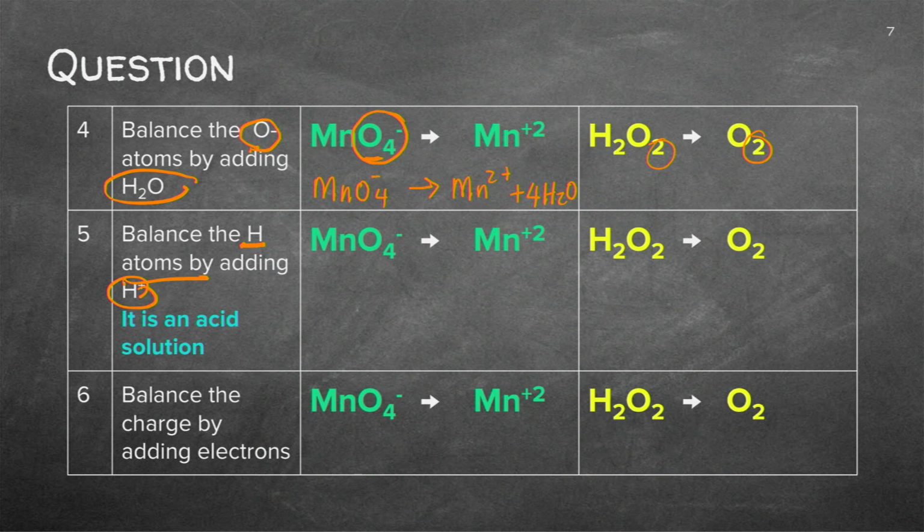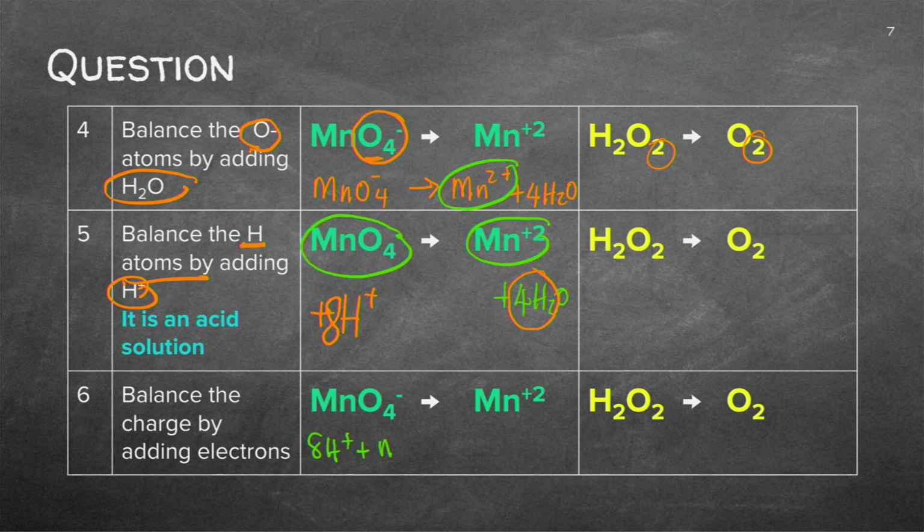We're going to say I've got the MnO4 this side. I've got the Mn2+, can you see there? We added the 4 waters there. So on this side here, I've got 8 hydrogen. So I'm going to add hydrogen and it will be 8 of them. Now we've got to balance the charges. So let's see how we're going to balance the charges. I've got 8H+, MnO4-, and I've got Mn2+ and 4 water. That's what I have now.